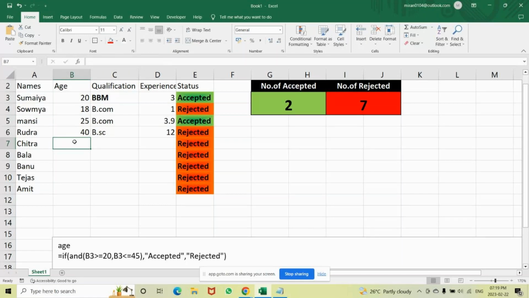I'll give the age as 27. Qualification BCom. Experience 4 years. So I'm getting, see, automatically the count is changing. Okay, so let me give here as